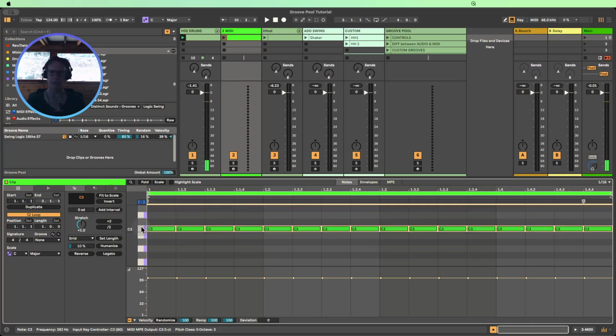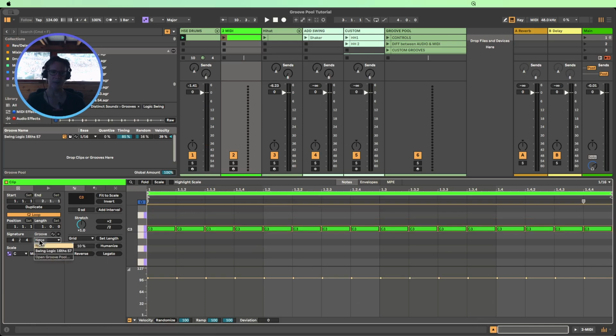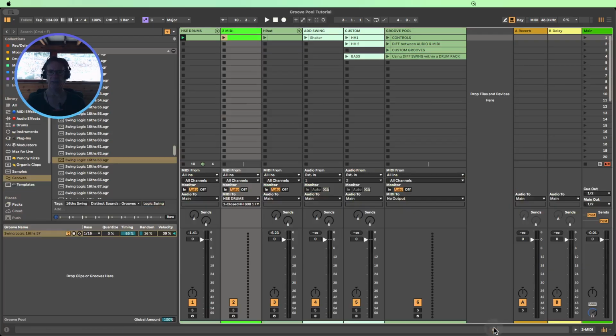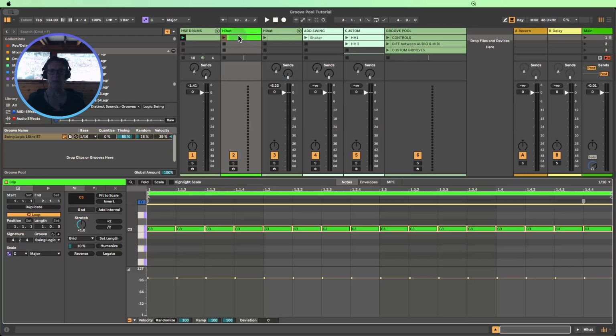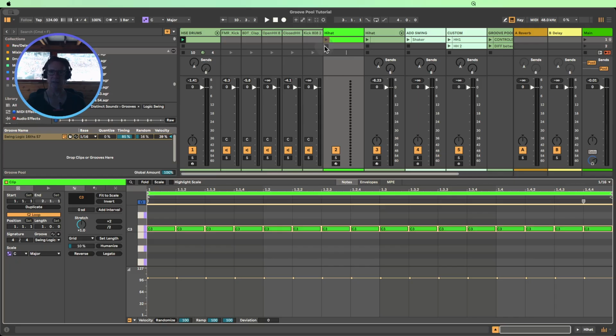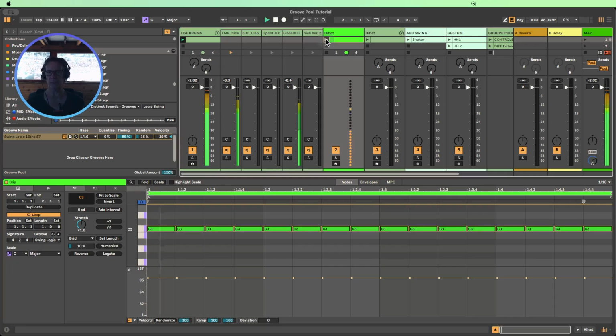Let's put them on C3 so they're back to the original pitch of those closed hi-hats. And now once again over here, we can add our swing to the closed hi-hats, and they're still all within the drum rack, right? So the difference being that this closed hi-hat pattern is now going to play with swing, but it's still all part of the whole overall drum rack rather than extracting it. So if I hit play on the hi-hat, you can see they're playing here, as is the kick and clap,